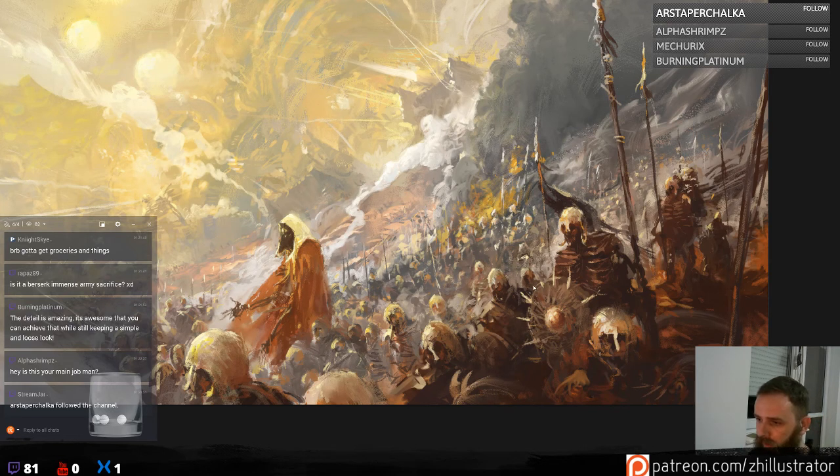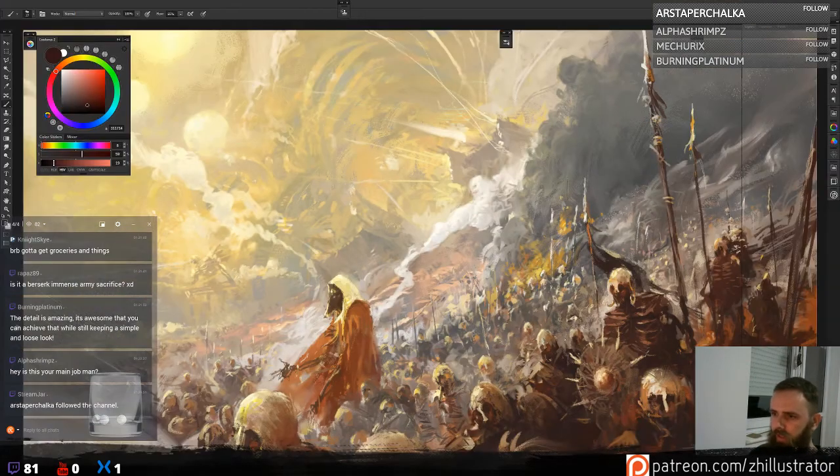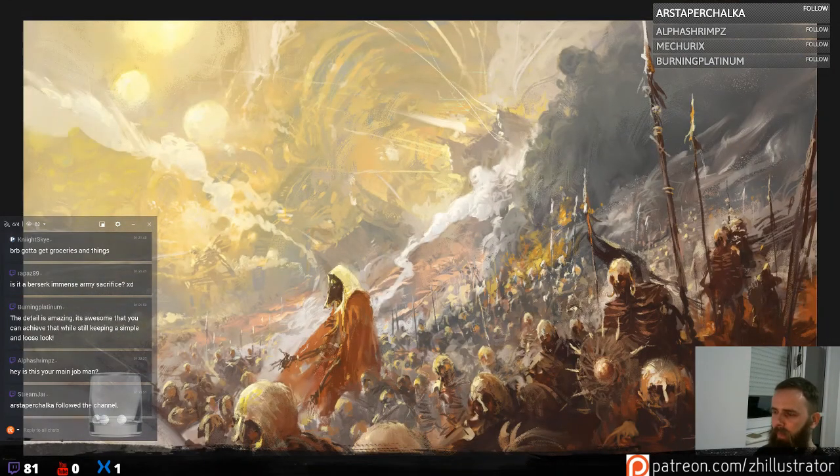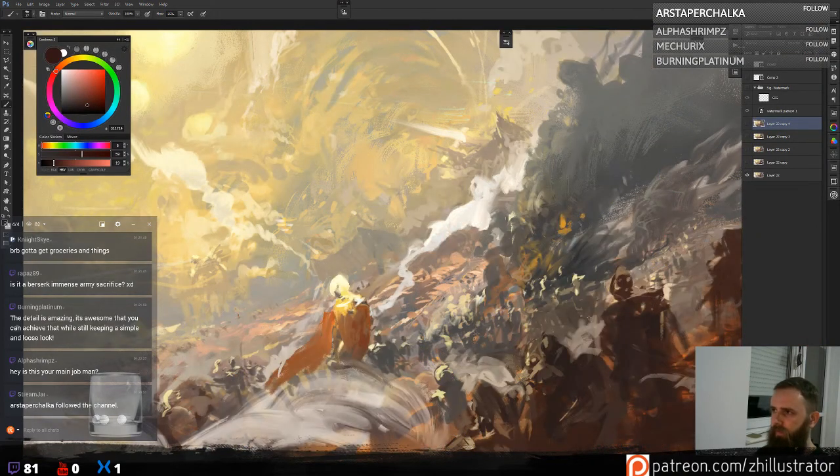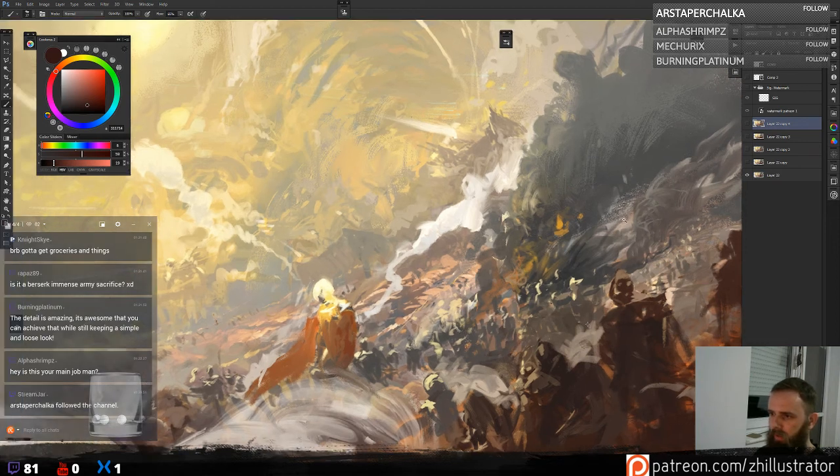I do. This is a personal illustration, and I start. Let's show the process. Where are my layers? So I started with this. Let's zoom out a bit.